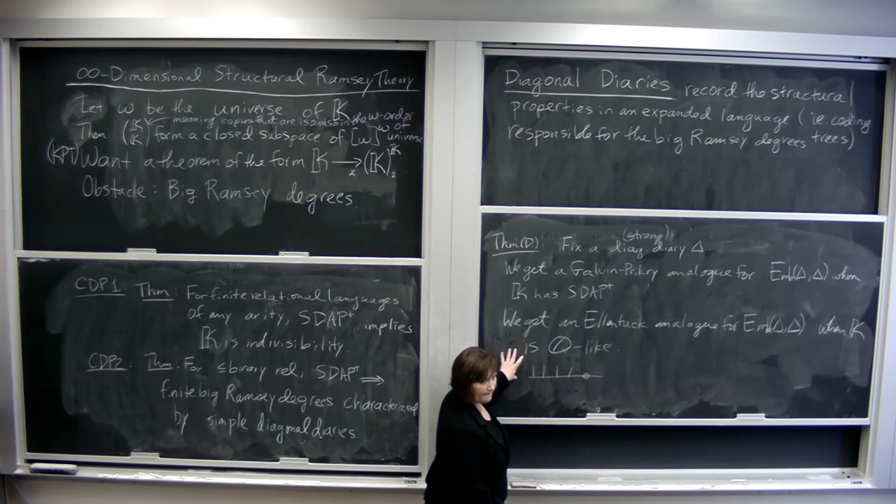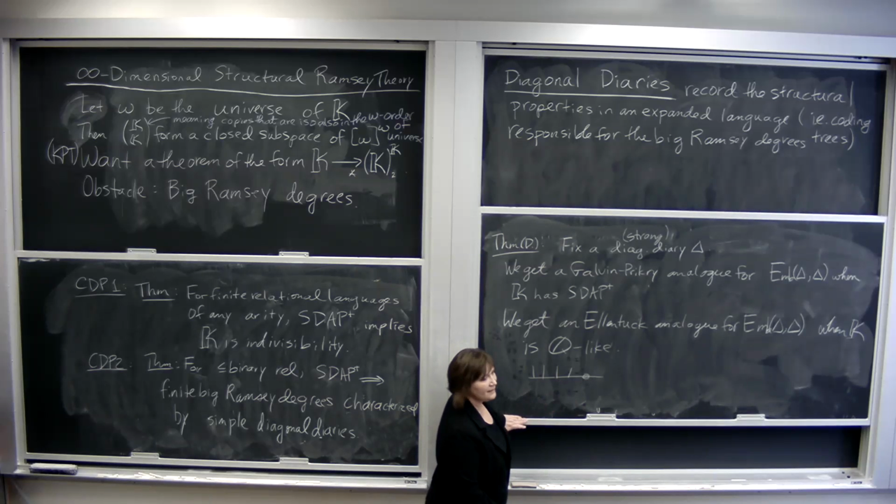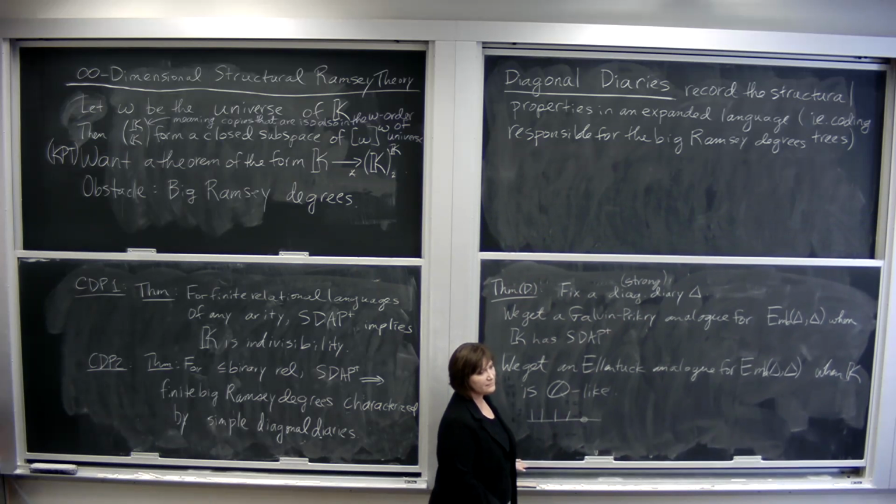The initial segments of these diagonal diaries are like level trees. Just like Millikan, except that it's skewed. Anyway, whatever it is, be careful with the, when you started your talk, you were telling us a